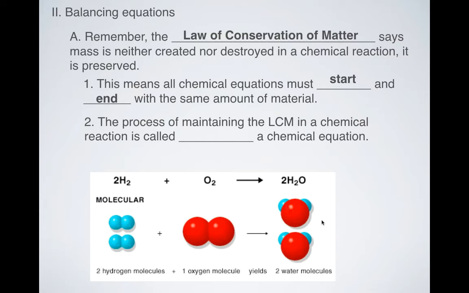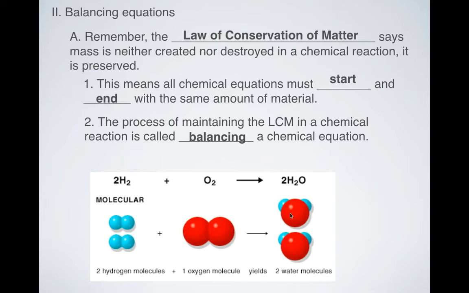If for some reason these were not the same, let's say I only had 1 hydrogen here. So I had these 2, but I didn't have these 2. It wouldn't add up. I'd have too few hydrogens on this side, and too many hydrogens on that side. And that's not how the law of conservation works. So by putting a 2 here and having double, and a 2 here and having double, I am balancing